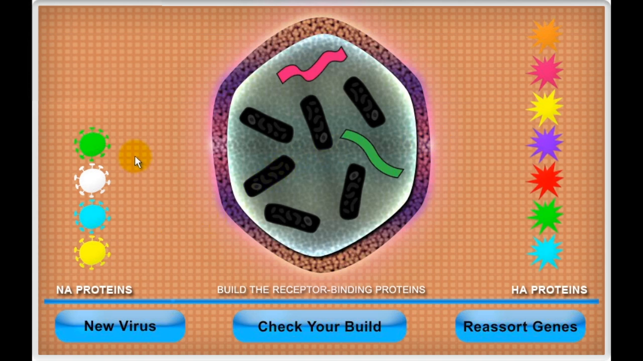Your first task is to build the surface proteins on the virus capsid. You must assign the NA and the HA surface proteins based on the coding RNA sequences inside the virus. To do this, click and drag a NA protein to the outside of the capsid. The proteins will stick to the capsid. Next, click and drag a HA protein to the capsid. To see if you are correct in your construction of NA and HA proteins, click on the Check Your Build